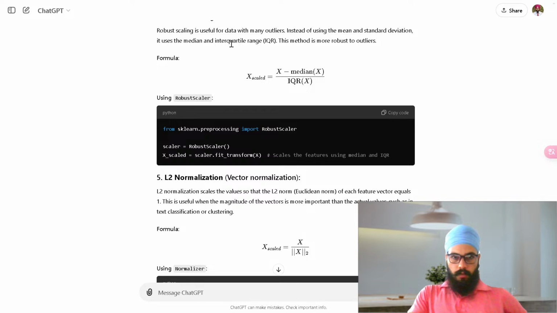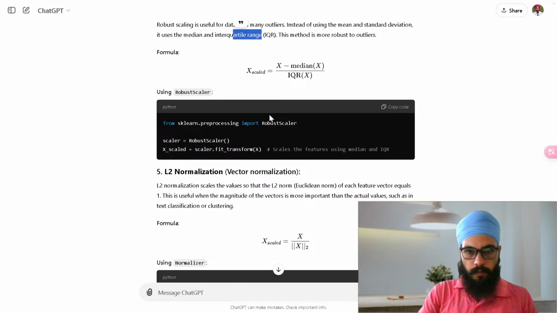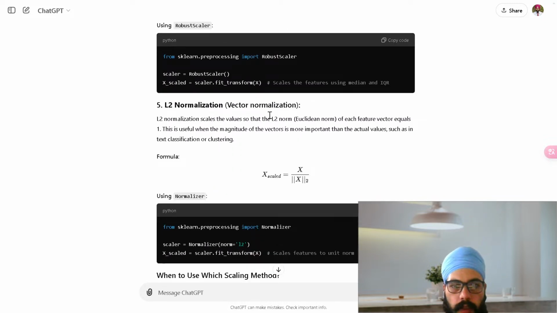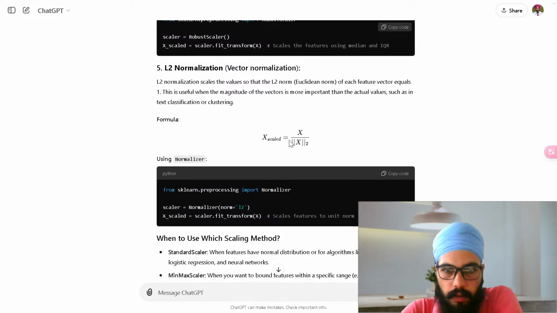Robust scaling, instead of using the mean and standard deviation, uses the median and interquartile range. That interquartile range is like 68% falling around this center. L2 normalization is useful when the magnitude of vectors is more important than the actual values, such as in text classification or clustering. The magnitude of the vector is more important. Okay,